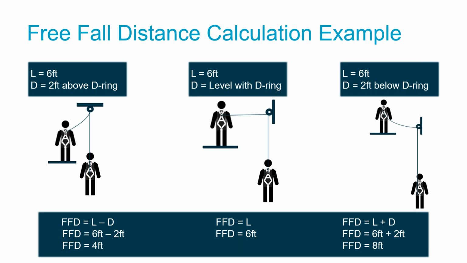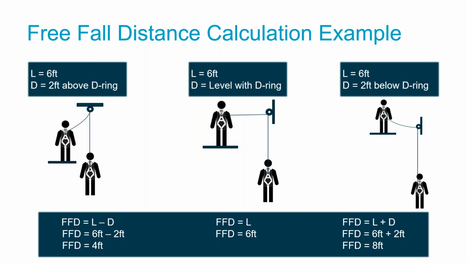There are 3 calculation examples on this slide showing free fall distance when anchored above, level with, and below the D-ring. On the left, the worker is anchored 2 feet above the D-ring. We know that anchoring above the D-ring shortens the free fall distance. Therefore, free fall distance is the length of the lanyard, L, minus the distance from the D-ring to the anchor point, D. In this case, free fall distance is 6 feet minus 2 feet, which gives a 4-foot free fall